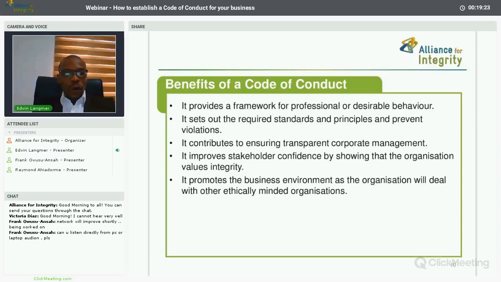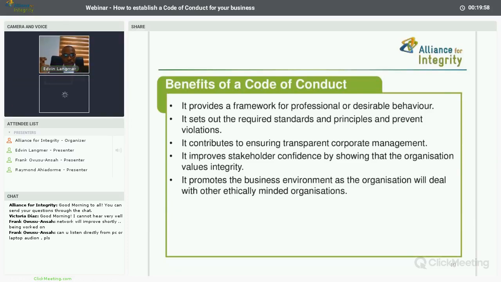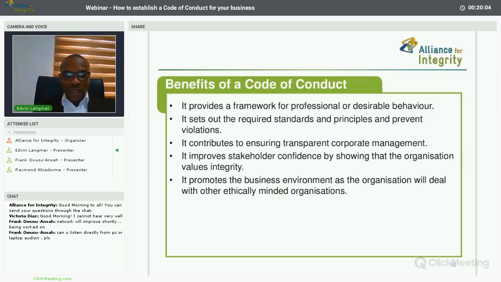The fourth point worthy of note is that the code of conduct improves stakeholder confidence by showing that the organization values integrity. Every organization that is looking forward and that seeks to grow will embrace a code of conduct, because stakeholders now become confident that you take ethics seriously and there is some measure of integrity within the organization. People value the fact that an organization takes its time to document a code of conduct. So stakeholders